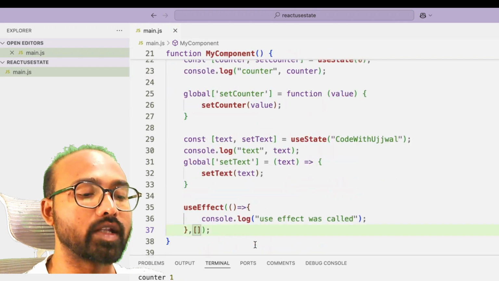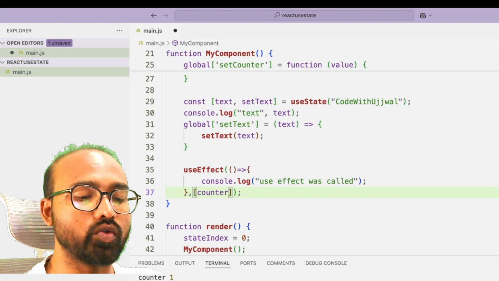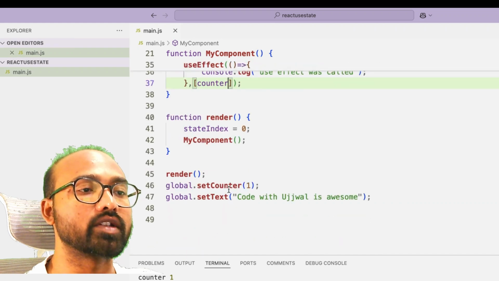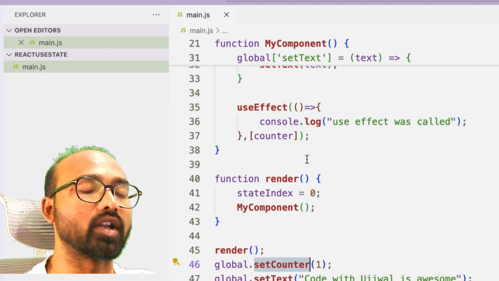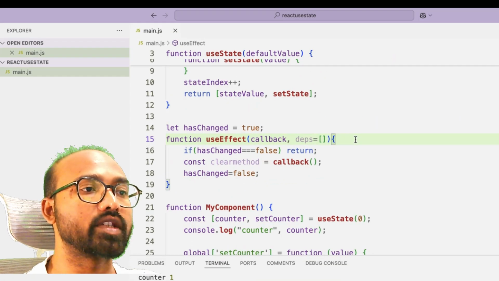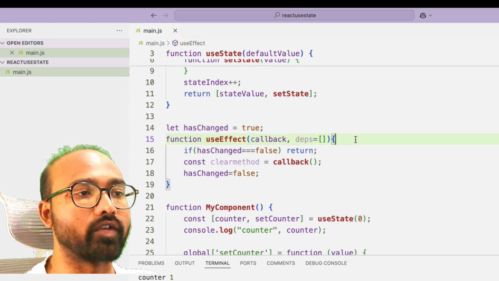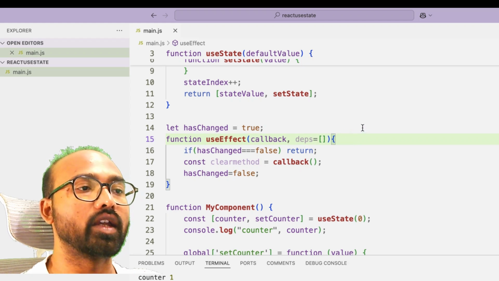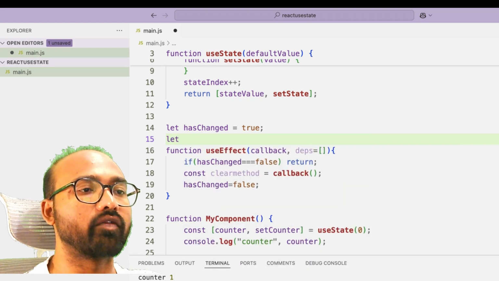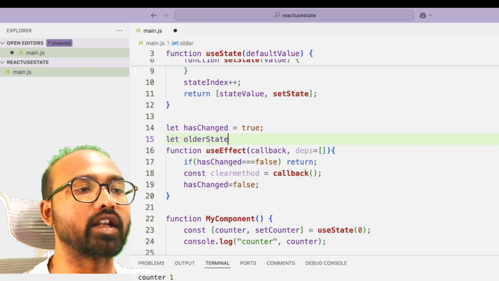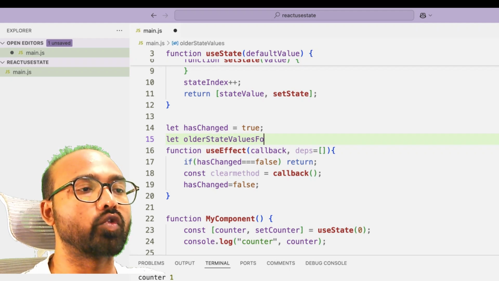So let's pass the counter state value, and we are already changing the state counter value to 1, which means it should be executed one time and one more time, right? So in order to track the dependency change, we need to store the older value of the dependency, right? In order to do that, let's create an array with variable name, let's say older state values for useEffect. Okay, initialize it to empty array,